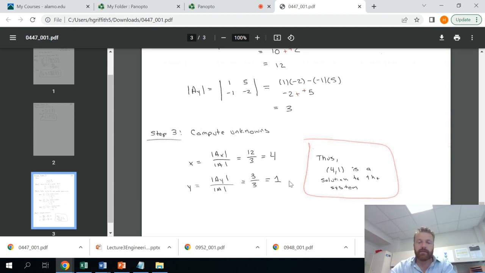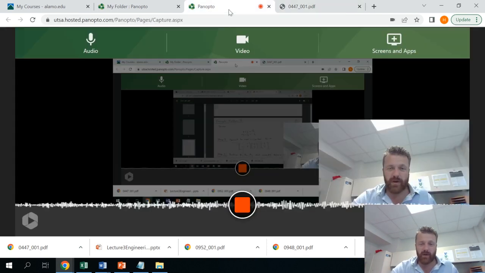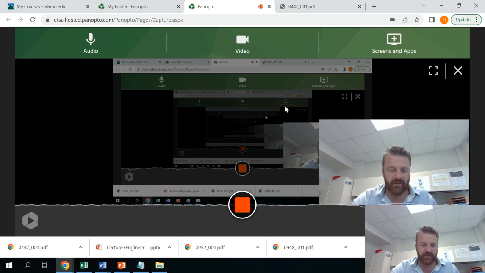So the solution to this system of equations is x equals 4, y equals 1, which we can write as an ordered pair. And if I were to substitute those back in to either of these two equations, note that 4 plus 1 is 5, and that minus 4 plus 2 times 1 is 2, minus 4 plus 2 is minus 2. So hopefully that makes sense to everyone, and hopefully you enjoyed this lecture, kind of an intro to